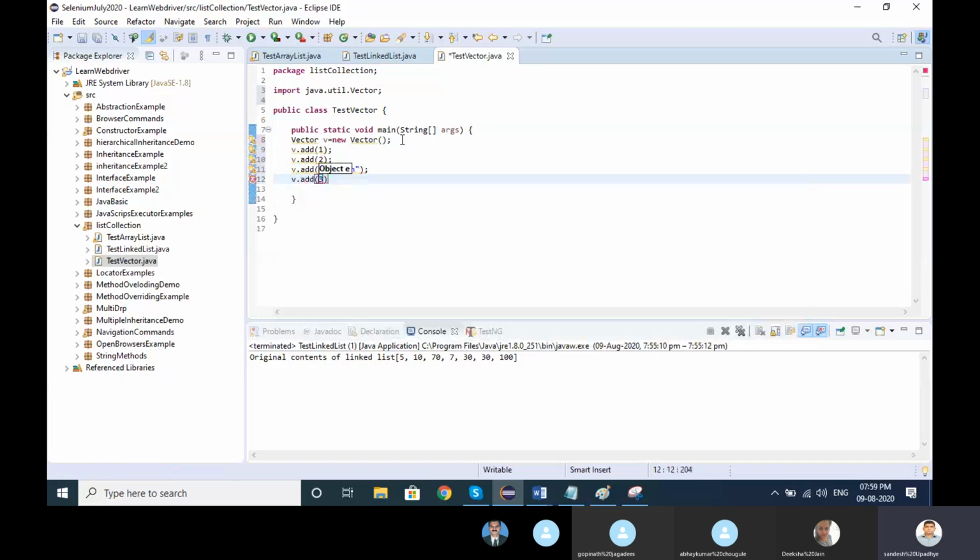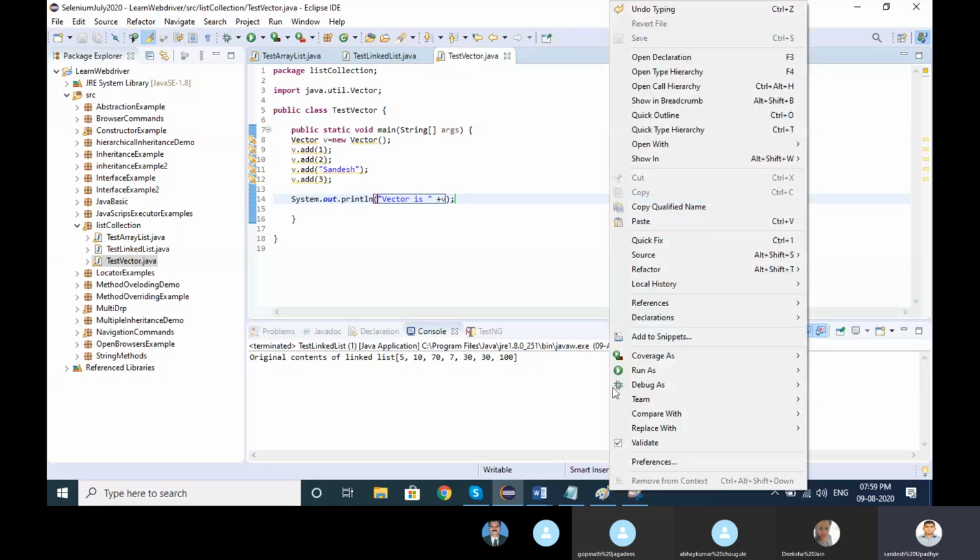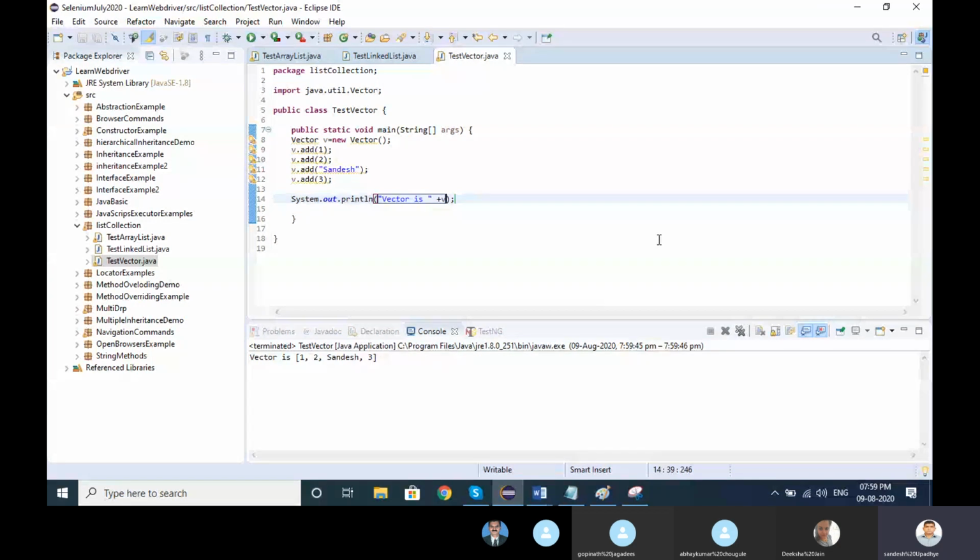It is similar to array list, but vector is synchronized. What happens with vector performance wise, I will show you in the diagrammatic representation.